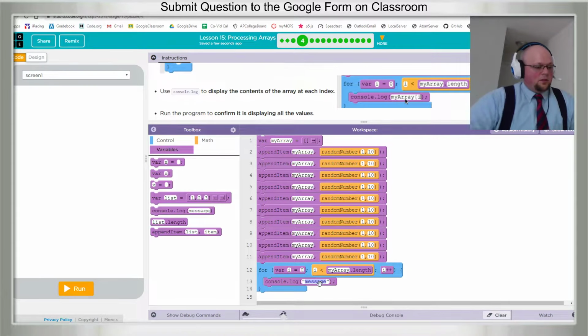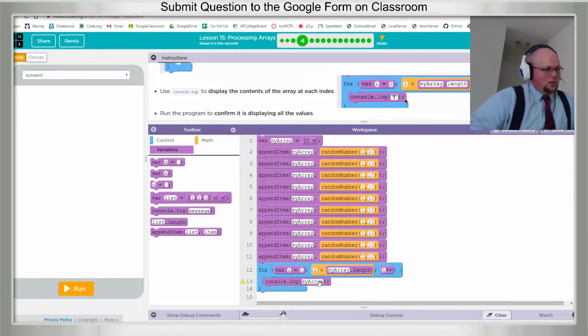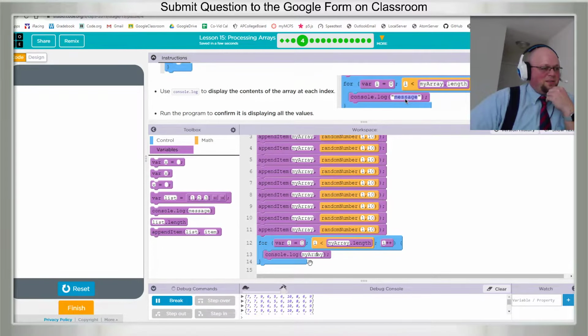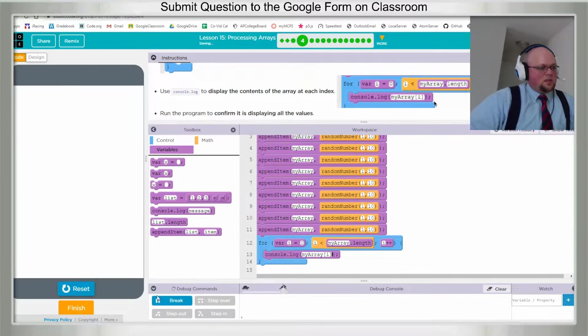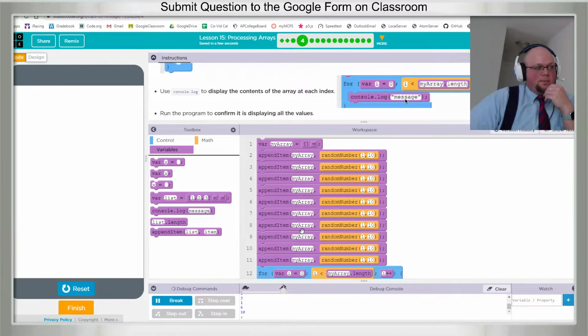Okay, so if we console log myArray, it's going to give us the array. Actually, it's going to give it to us 10 times. Shouldn't have done that. But every time through, let's do it the way they actually wanted, which was to console log every value, every item in this array